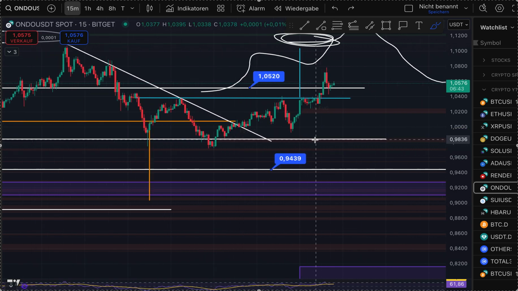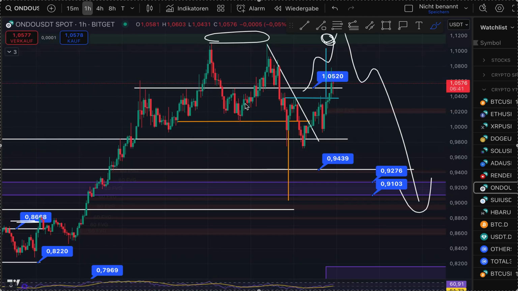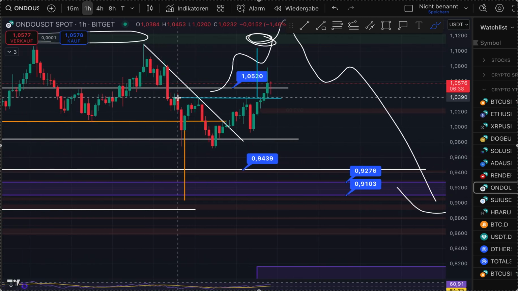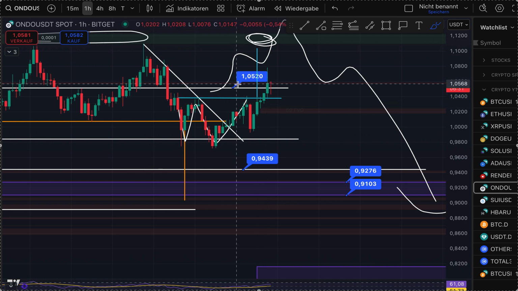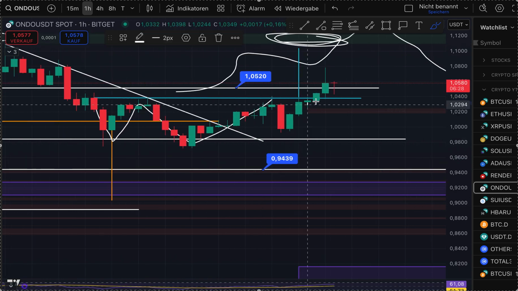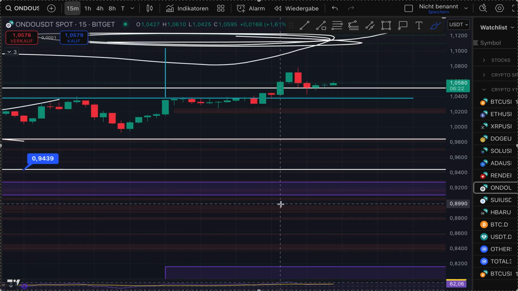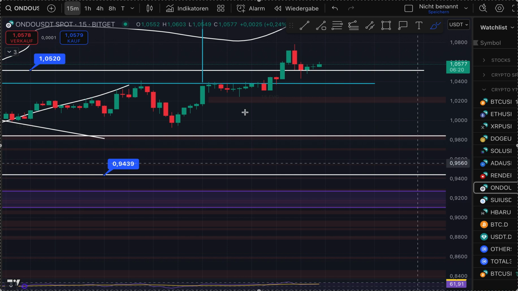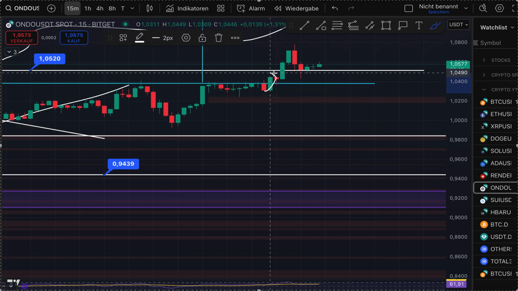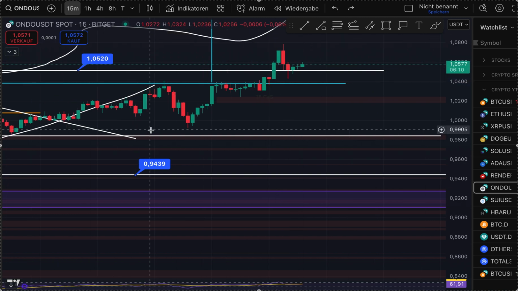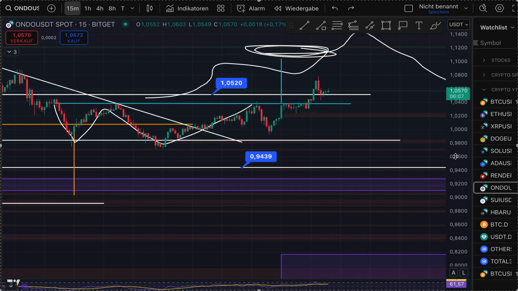So ONDO wasn't short to me, instead it was long. We have to go into the 1 hour chart, and then you can see we have here a double bottom pattern which broke to the upside, which got its retest. This is the breakout, this is the retest, and this is the follow through. Yeah, it happened much faster than you can think. So we have to go into the 50 minutes chart: breakout candle, retest, follow through. So ONDO is long to me into the price mark of